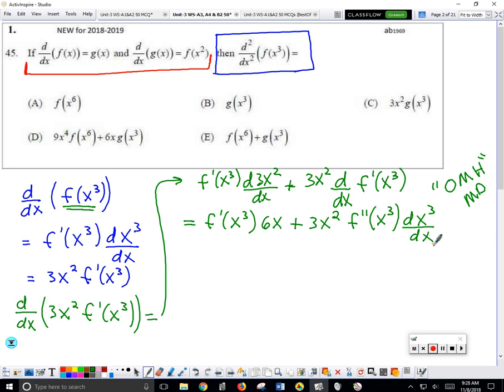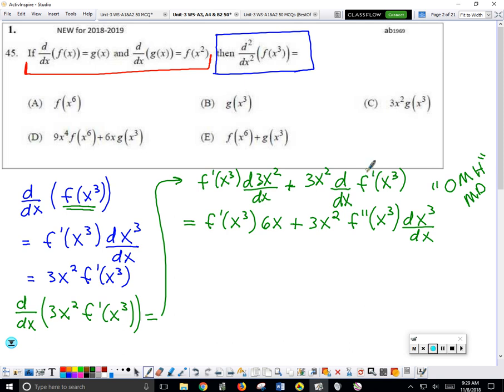Why did you add it to the previous? Wouldn't you just make it equal to the next step? Let me say it back to you. This line must equal this one. I have to maintain equality. So this part I just rewrote. The derivative of 3x squared is 6x. So those are the same. Gotta have a plus. There's the 3x squared. Per the chain rule,